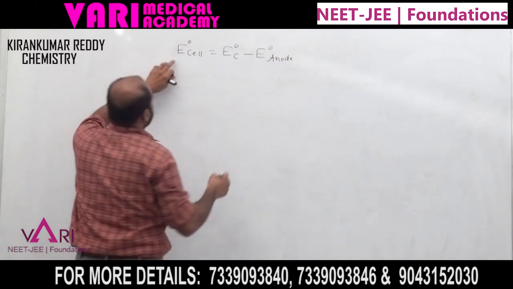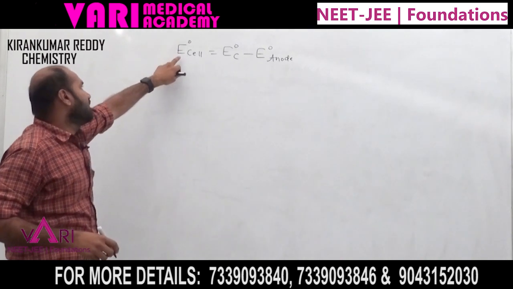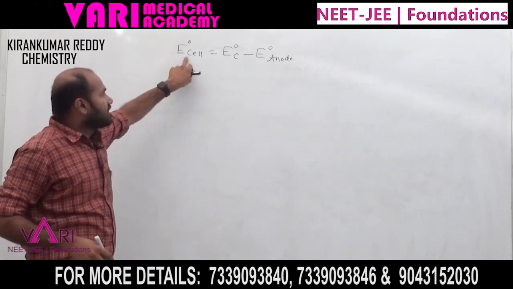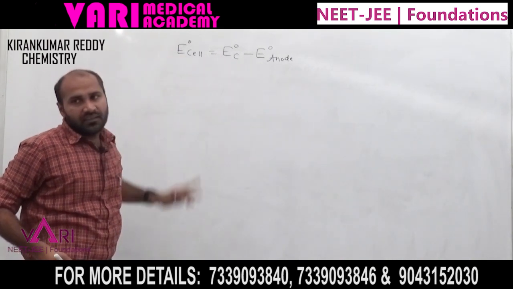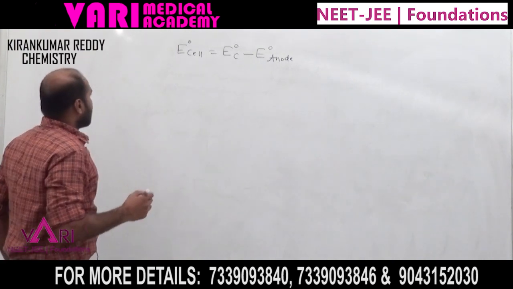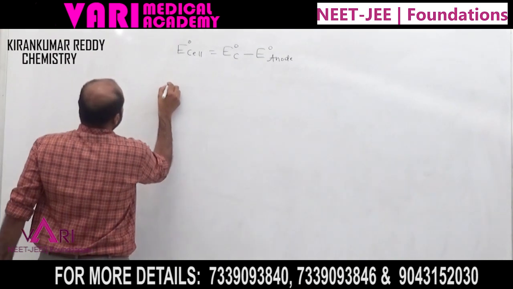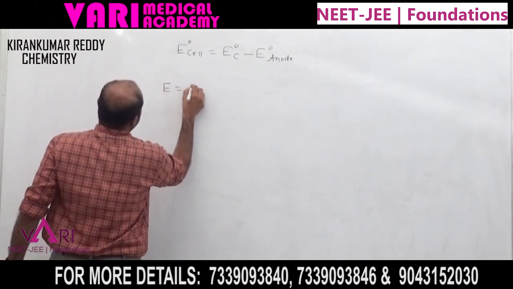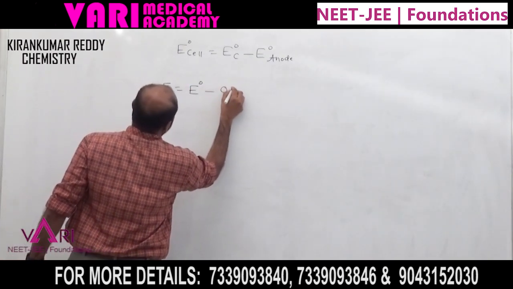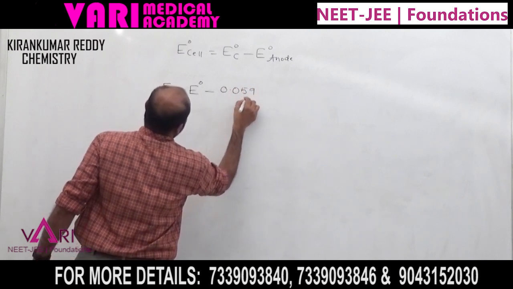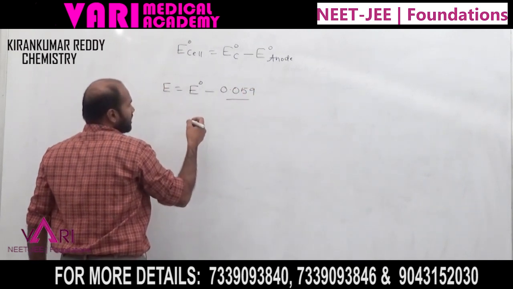This is the standard cell potential. But now we write the cell potential by using the Nernst equation: E is equal to E naught minus 0.059 by,